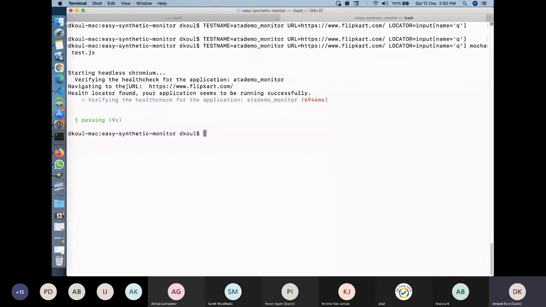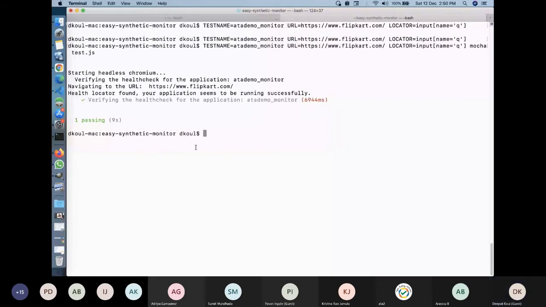And then we are starting a headless Chromium. Chromium is the Chromium engine, in this case bundled with Puppeteer, in this case it would be a Linux binary, because this is a Linux-based operating system.